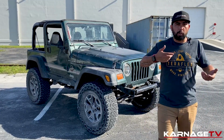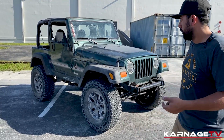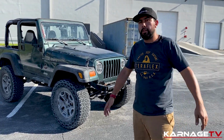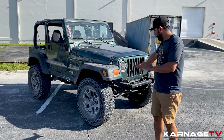And then we decided to swap the axles. So we swapped, instead of the stock ones, Dana 44 axles, front and rear, from a TJ Rubicon. So it has 4:10 gears and it has factory lockers. Factory air lockers from a TJ Rubicon. One thing that we did, so we did that, we